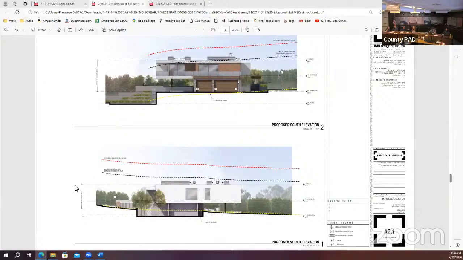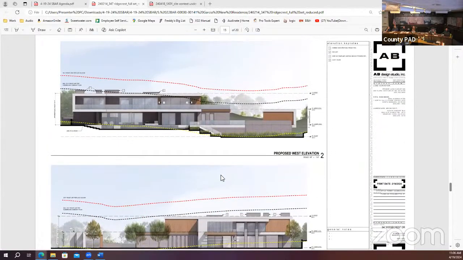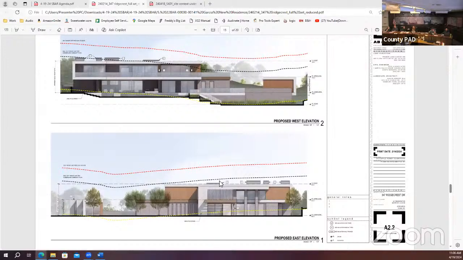And then we keep going. So the elevation number 1 is sort of the street elevation or the entry elevation from Ridgecrest. The guest house is over to the left, and the garage, you can't see the doors from the street, which